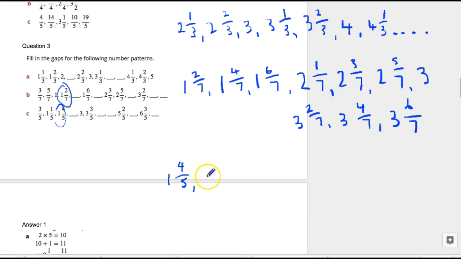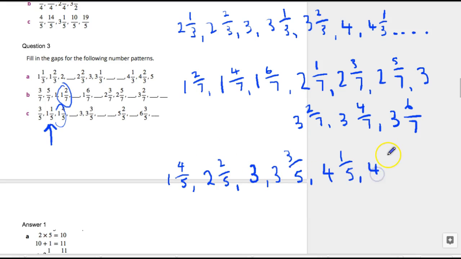So my next one, I need 1 more fifth to get to 2, and then I've got 2 left over. Okay, 2 2/5. Then when I add 3/5, it brings me up to 3. Then I've got 3/5. And then when I add on another 3/5, I now go to 4 1/5. And now my pattern's starting again. Okay, so basically I'm here. So 4 4/5, and then I'm into 5